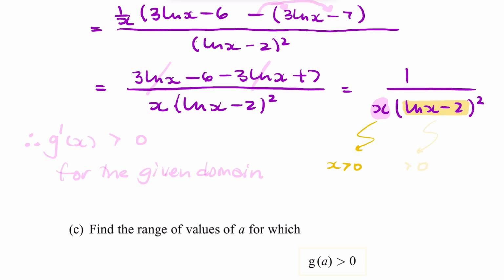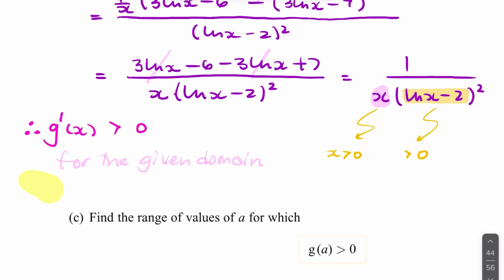And when you square something that's non-zero, you're going to end up with something positive. So that's always going to be positive. So if you have a fraction where the denominator is positive, then you can be sure that the quotient is positive. So you can say, therefore, g dash of x is greater than 0